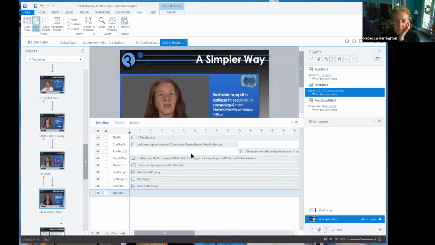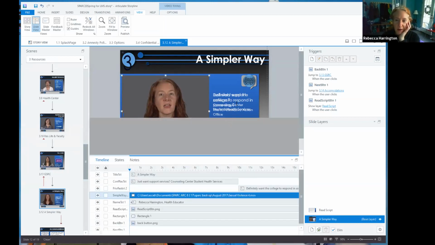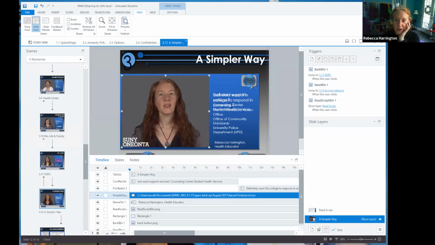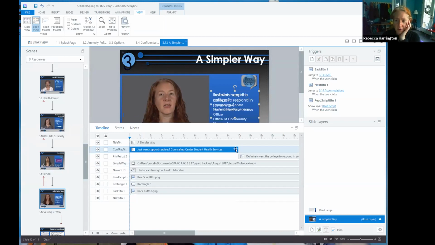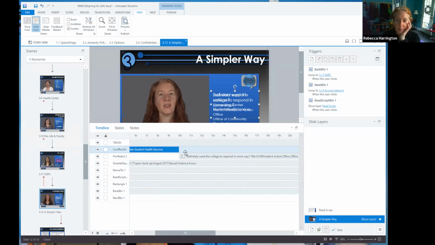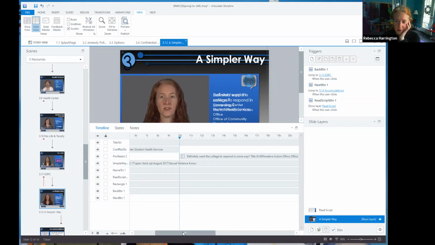As I'm looking at this, here's my video that's playing. And you might have noticed up here that it looks like there's 2 text boxes lying on top of each other. That's purposeful, because one of them is going to play for the first 10 seconds and then disappear. Then the next text box is going to show up at the 10-second mark, so I can highlight parts of the video at that point.